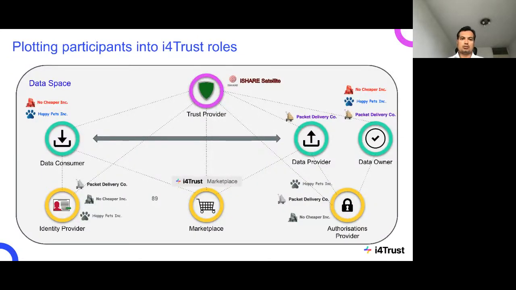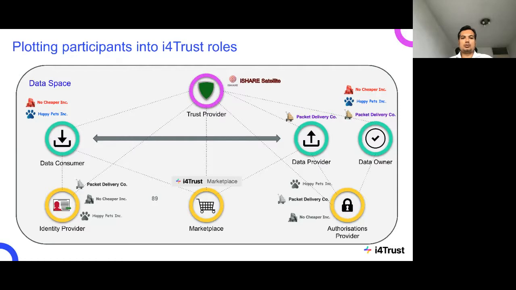Right. So this is the map of the roles and the participants, and which roles they are playing. So you see iSHARE Satellite as the trust provider, and you see on the data consuming side, depending on which part of the use case you are, the No Cheaper and Happy Pets. On the provider side, it's a packet delivery company, and the data owner can be No Cheaper, Happy Pets, or packet delivery, depending on which part of the use case you are in. The i4Trust marketplace provides a marketplace role,